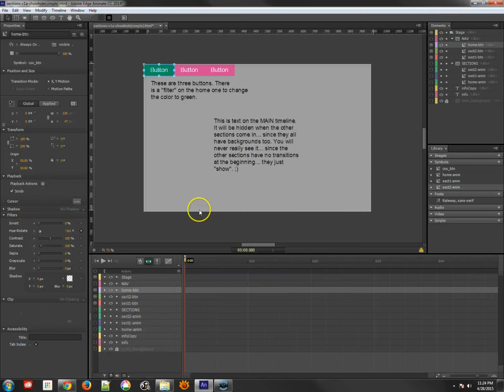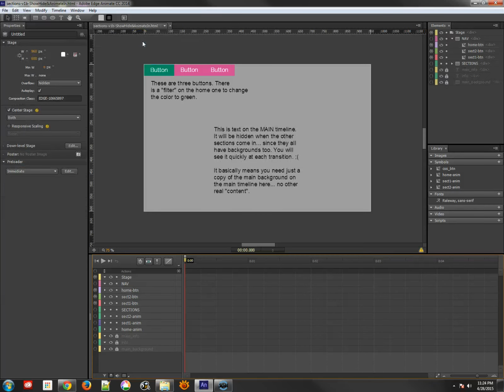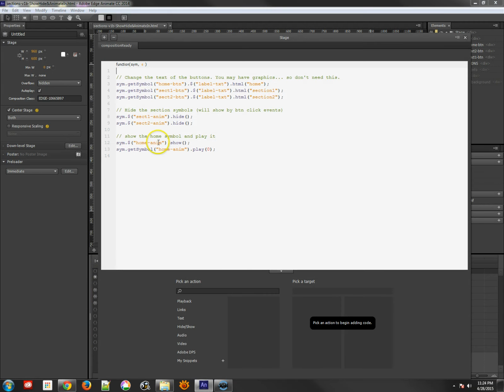I think this is preferable than trying to jump to different labels and manage that. This is really nice when you have each of the different sections in their own symbol. Now, I've done just a little bit different with this next version, and the only difference is that now I tell it to play. So I've got all the same code. The only difference is when I load or show the animation, I tell it to play from the